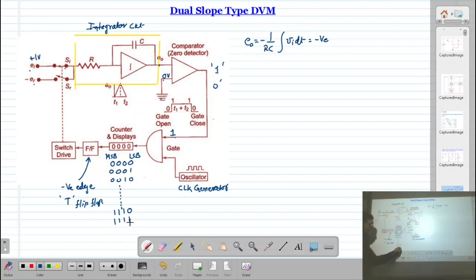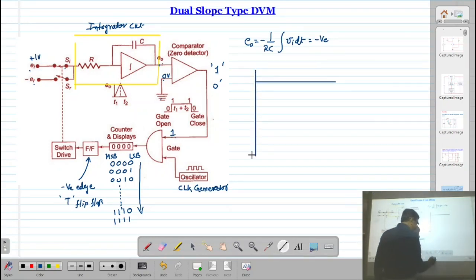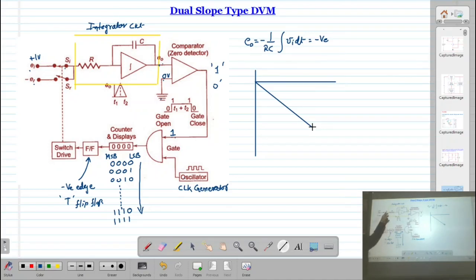Okay, so now try to understand. Here, when this counter is reaching 1 1 1, up to this time period, remember, up to this time period, your output voltage is continuously increasing. Here, if I draw the graph, then this output voltage continuously goes on increasing, because the switch is connected to the input voltage, the comparator is on, and the clock pulses go on counting until it is 1 1 1.